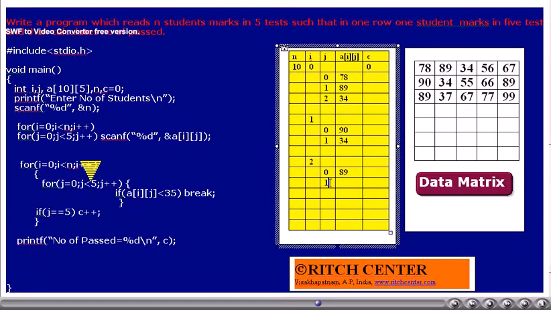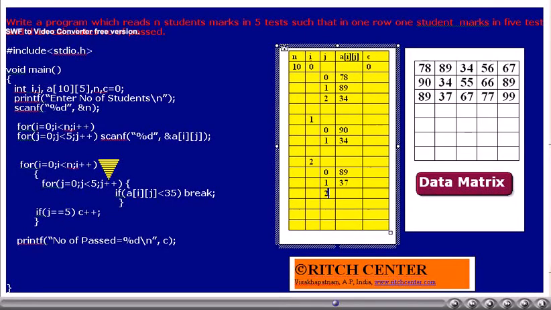Is j less than 5? Yes. Is A[i][j], that is 37, less than 35? No. Thus we will not come out from the inner for loop.